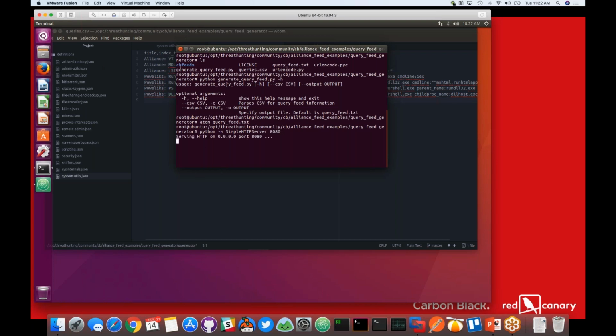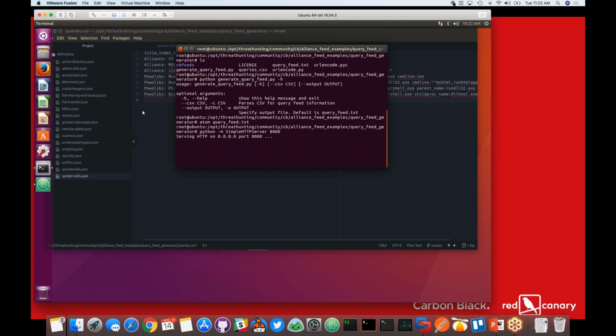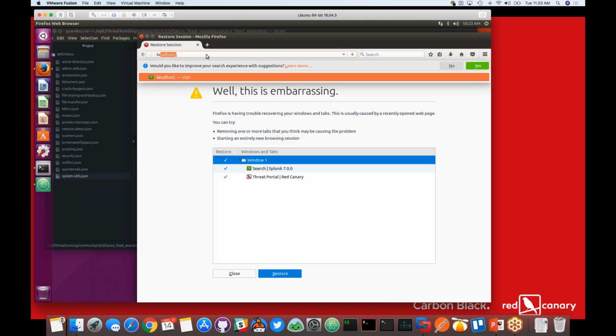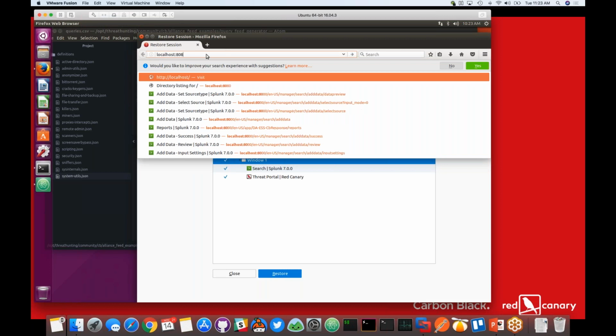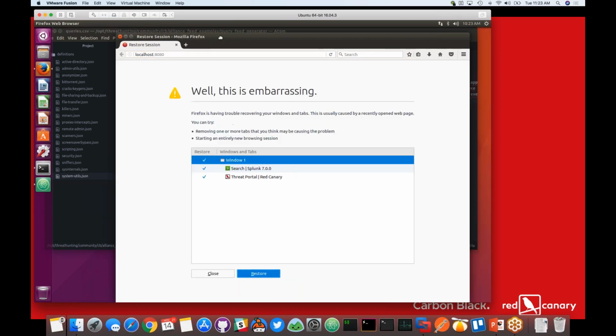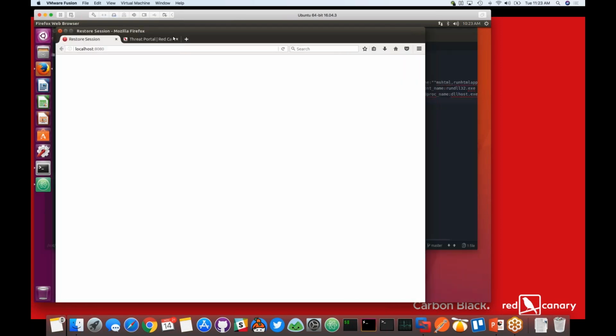Then you can open your browser to port 8080 on localhost, or if you have it on a server that's central to Carbon Black in your environment, you could then attach that feed server right to all of your boxes, and then right to your clusters, which makes it real easy. Maybe it'll load, maybe it won't. Find out quickly.